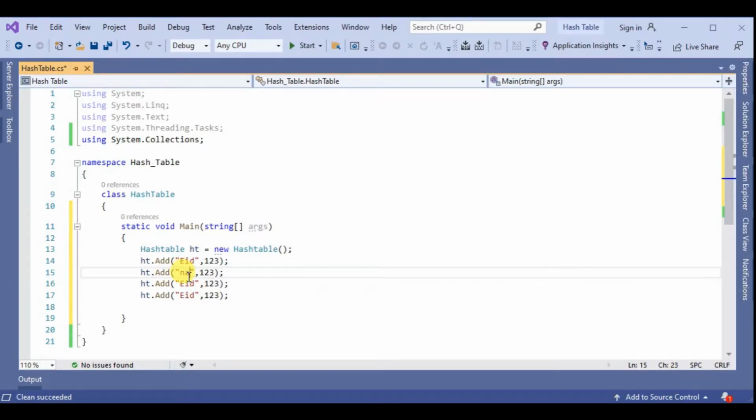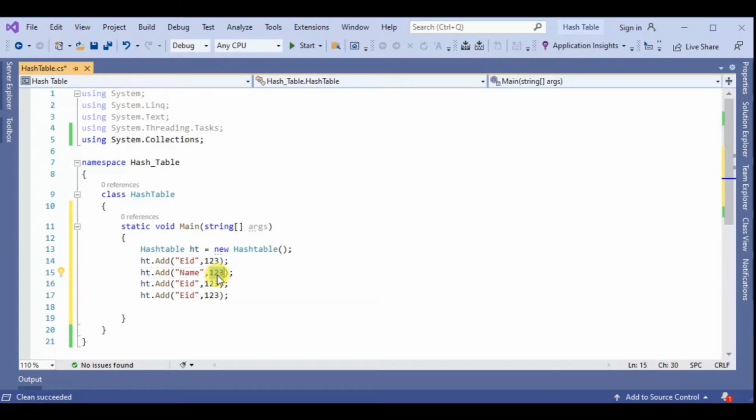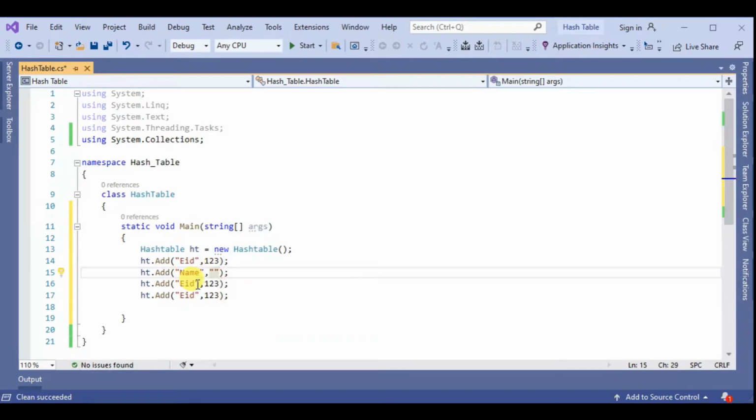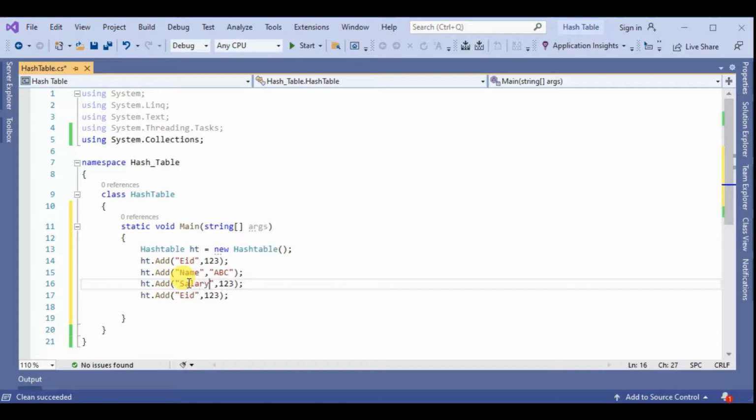Name, ABC, and salary, and location. And location is Delhi.